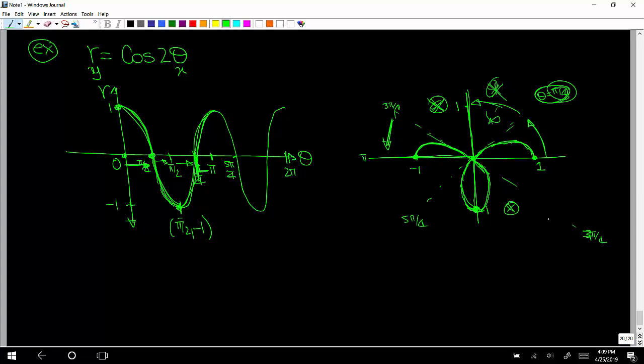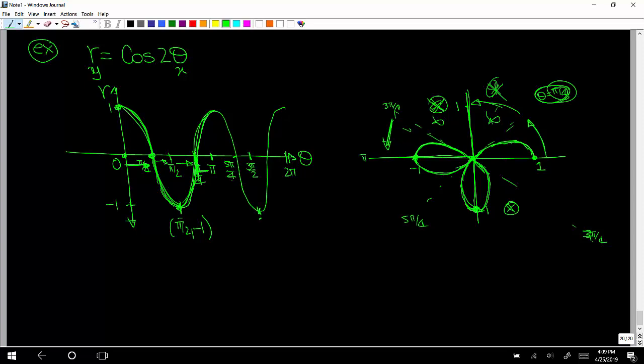The reason why I treated it as 3 pi over 4 is because r values were negative, so instead of being up here, they were down here. Okay. So now it's going to decrease back and go to 0 at that point. And then between pi and 5 pi over 4, so we just did that, it went back to 0. Between 5 pi over 4 and 3 pi over 2,